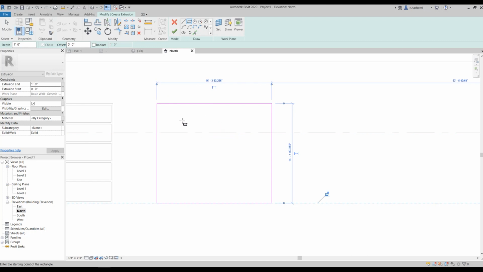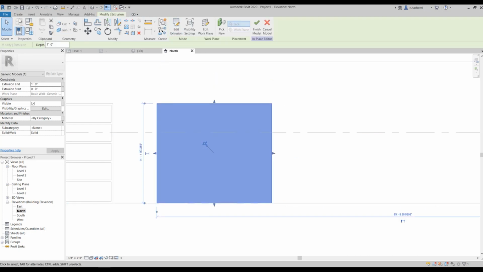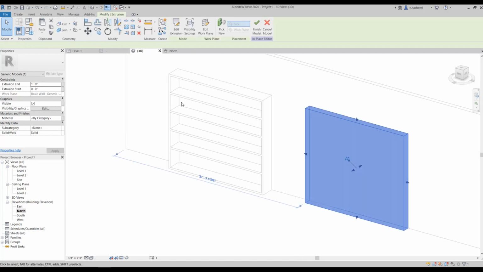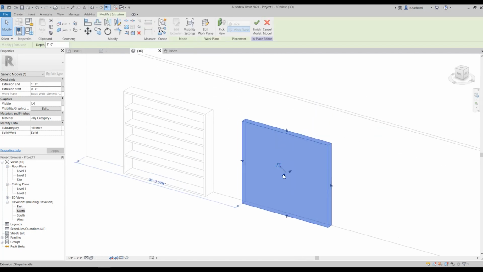So I've used the rectangle tool to create my solid box. Now hit check and go to create tab. Well, I'm still in the edit in place mode, so I haven't checked the green button twice to finish my model. You can see it here.